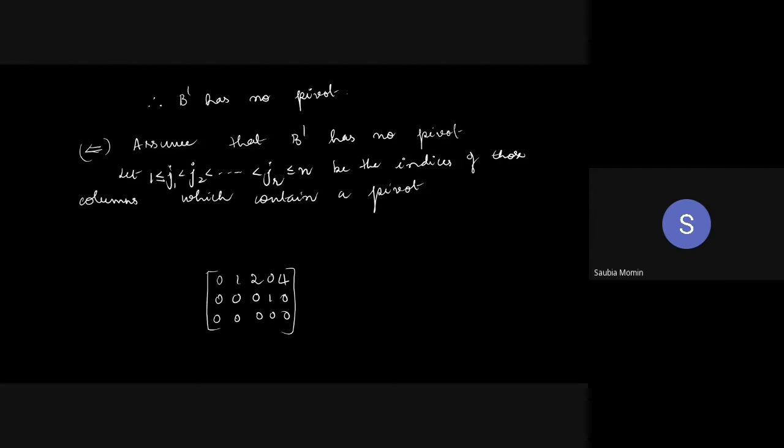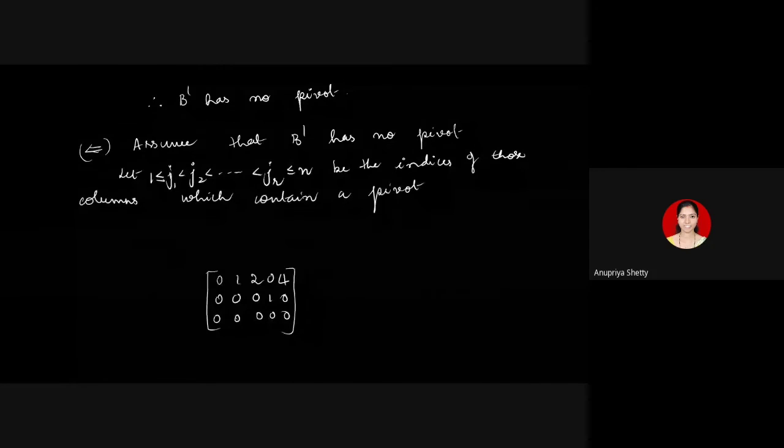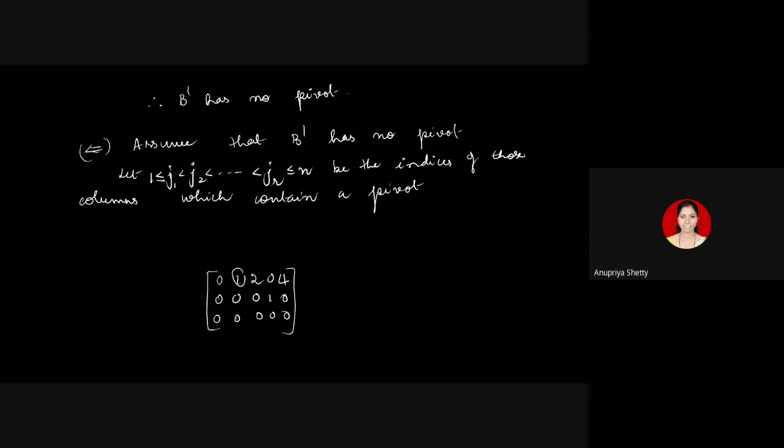Second and fourth columns. That says, when I consider the column indices 2 and 4, they correspond to the pivotal columns, those which have the pivot. Pivot is this entry, the first non-zero entry, which is always 1. Second column has a pivot. Fourth column has a pivot. First, third, and the fifth columns don't have a pivot.